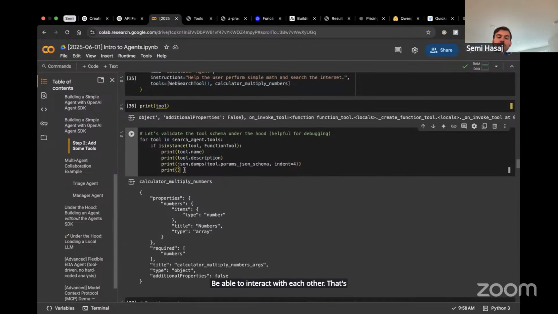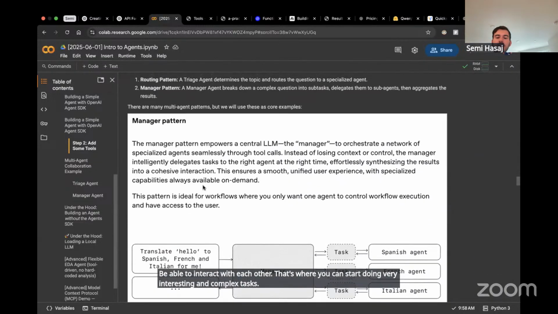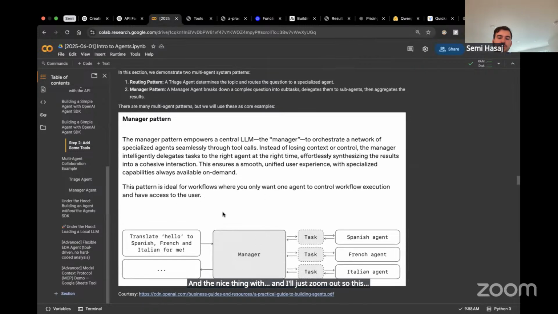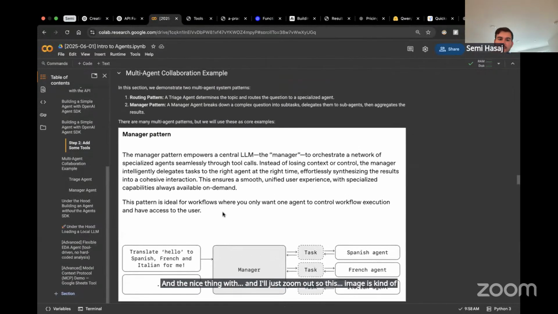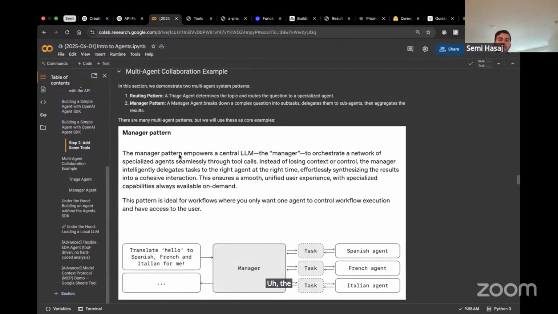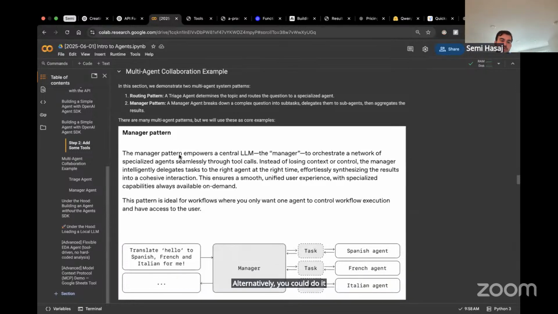That's where you can start doing very interesting and complex tasks. And I'll zoom out so this image is in context. The nice thing with these agent frameworks is they give you this out of the box. They make it easy to get LLM agents to interact with each other. Alternatively, you could do it all from scratch, which is totally fine.